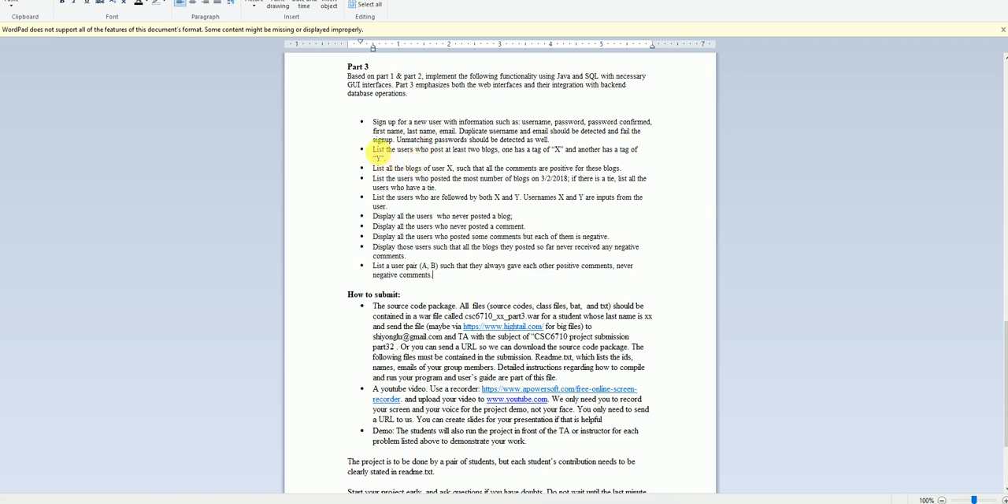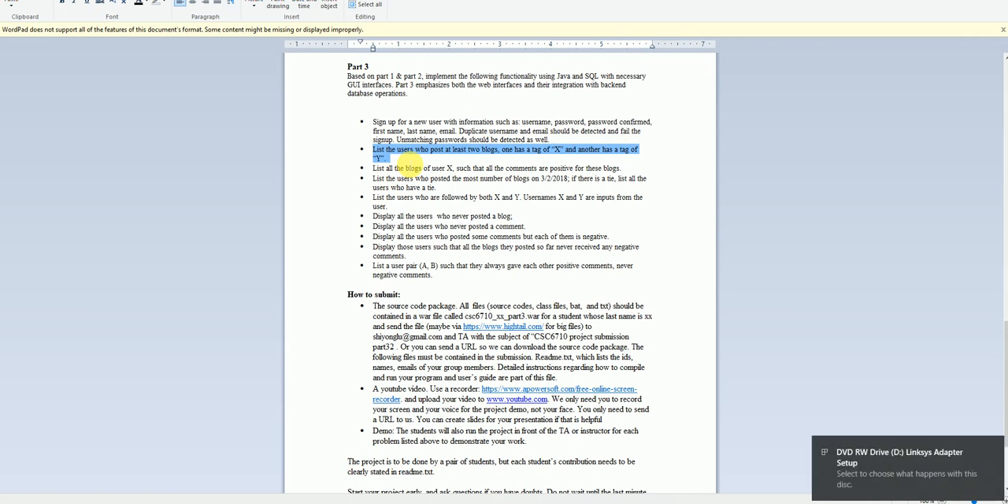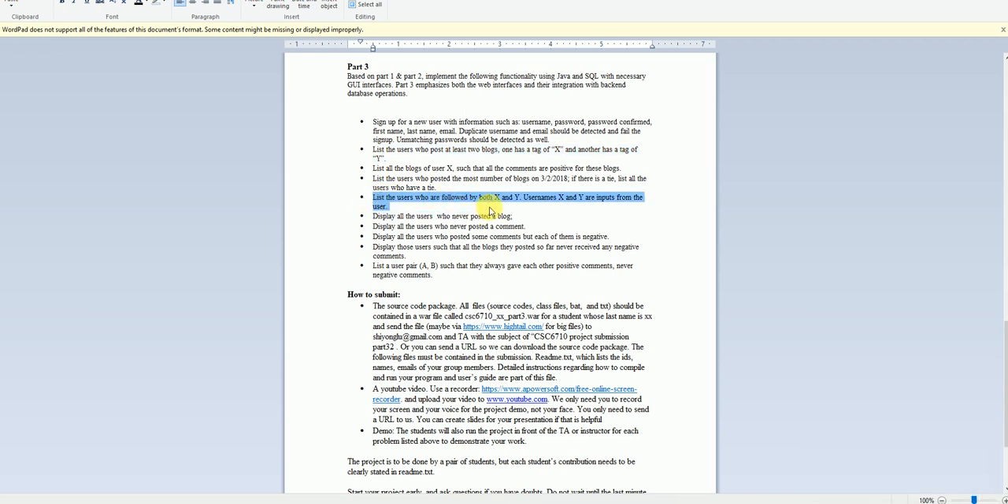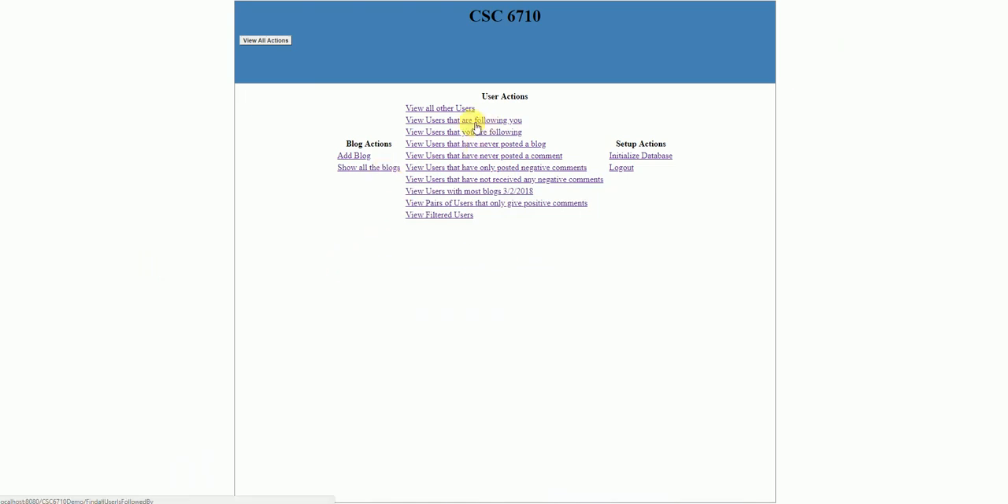Next thing I want to show you is the ability to find users who post at least 2 blogs, one of which has tag X, the other one has tag Y. Another one is those who are followed by both X and Y. So currently I'm logged in as HChen. If I were to follow everyone,